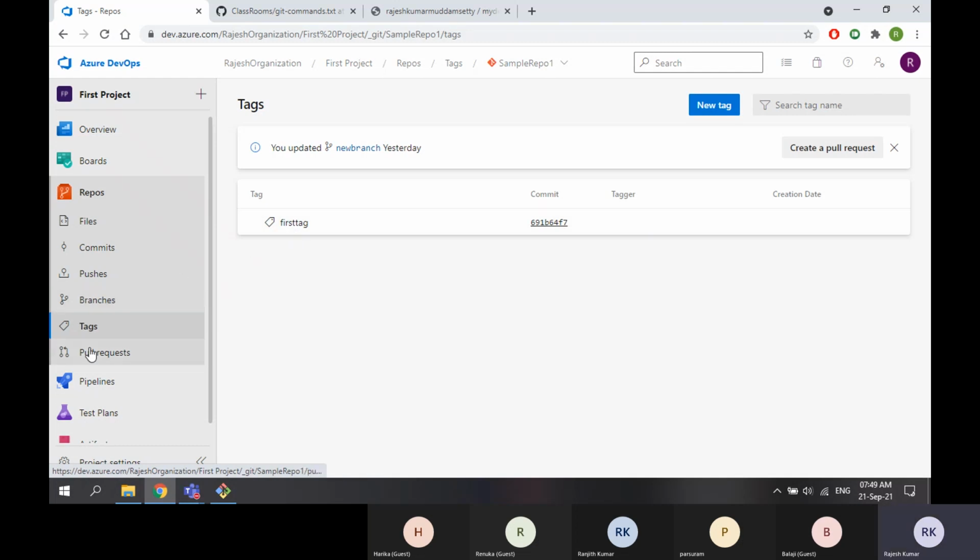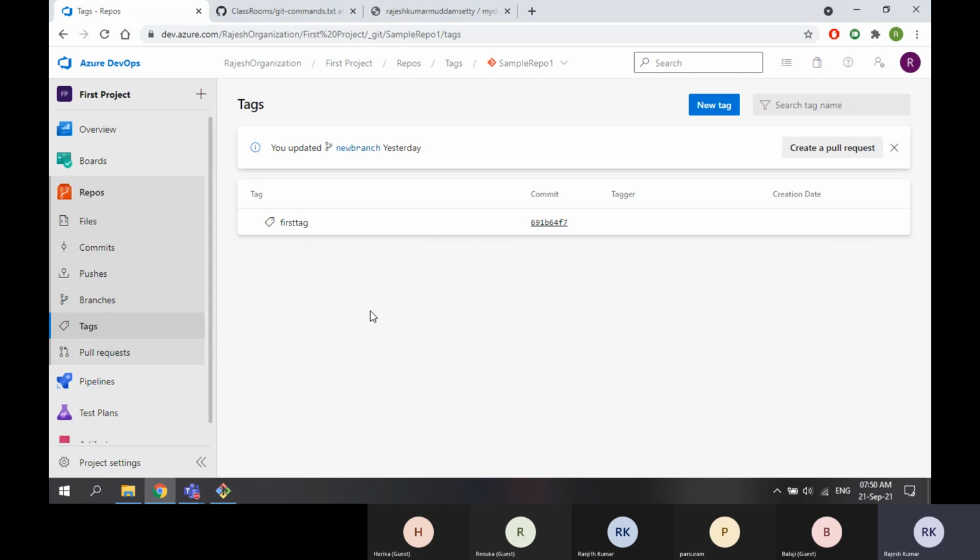Now what is this pull request? Generally, this pull request should have been named a push request.